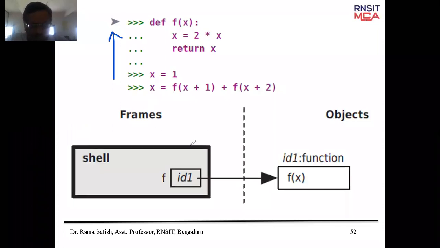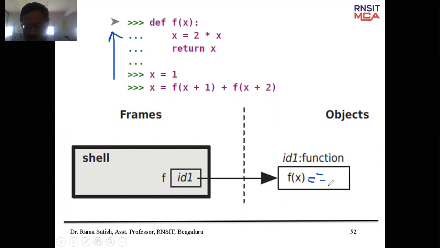When you create a function it gets memory allocation, it is a part of the Python shell, and it has a memory address mapping, and inside the mapping the definition of f of x is written. So the 3 or 4 lines, whatever you have written, are stored there. And you observe here, this is ID1, its address, and it is of type function. F is a function, and inside this function you have a set of lines. That is what you have to understand.